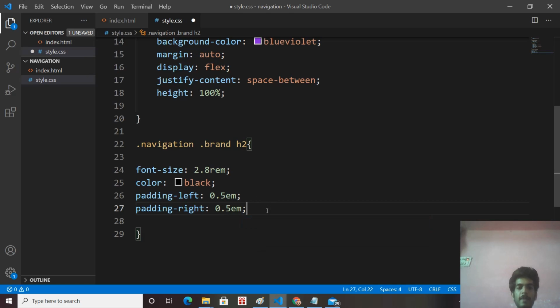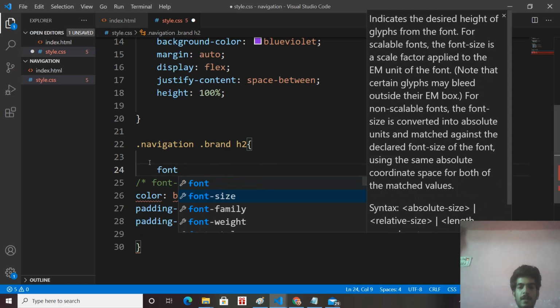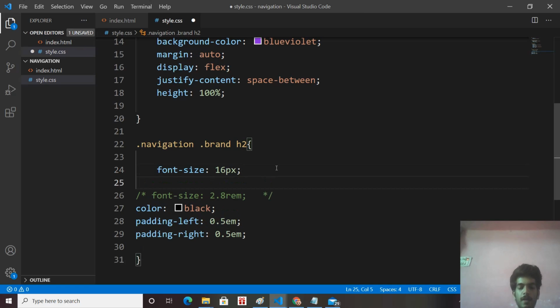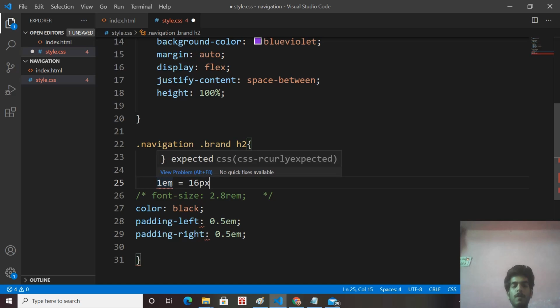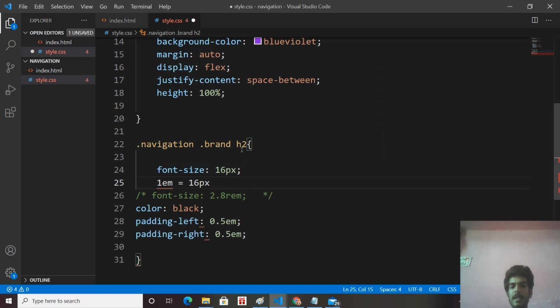Okay, so what is em? Em is also a relative unit. If the font size is 16 pixels, then 1 em is equal to 16 pixels. Em is always relative to the font size of its own container. In the h2 I have given a 16 pixel font size, so 1 em takes 16 pixels.